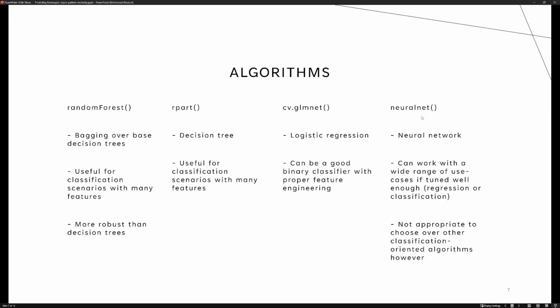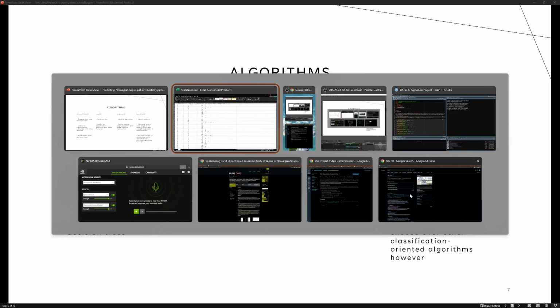And for neural network, I only included it just out of pure curiosity. I wouldn't have this as my first choice in a classification scenario, and I'm not sure it would be appropriate in real world classification scenarios. But I want to see if it would work just as well for a classification task if tuned properly. So I'm going to go ahead and